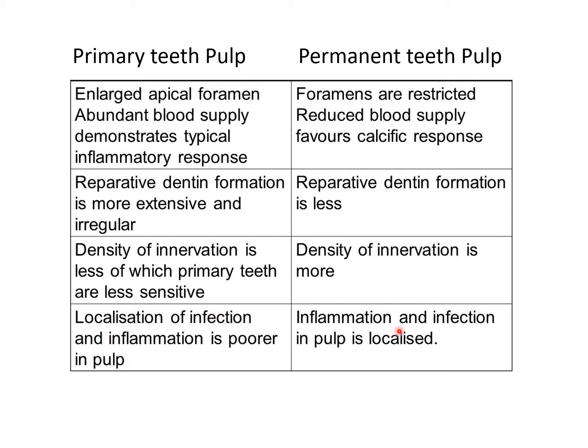In permanent teeth, the inflammation and infection is more or less localized, and therefore you will have severe irreversible pulpitis or severe pain, while in children you will have one episode of serious severe pain, and then the pain will subside on taking a painkiller, and the extraoral swelling will come. So this is the difference between how the pulp of primary teeth differs from the permanent teeth when it is tested by a stimulus.